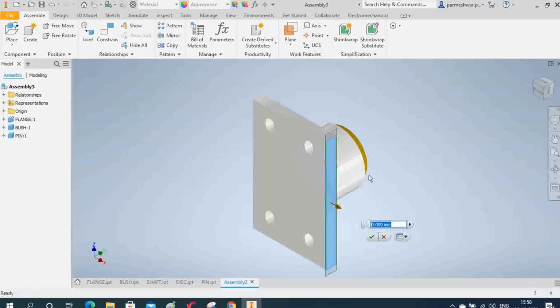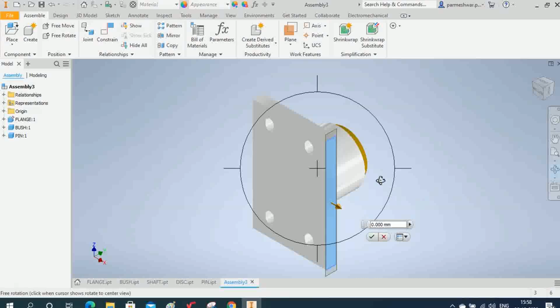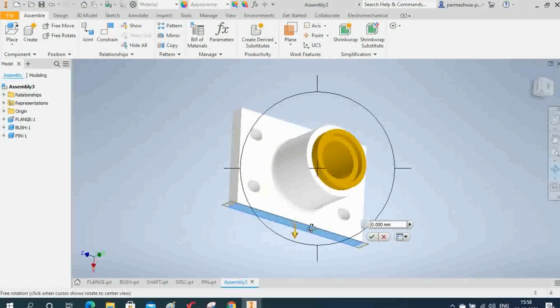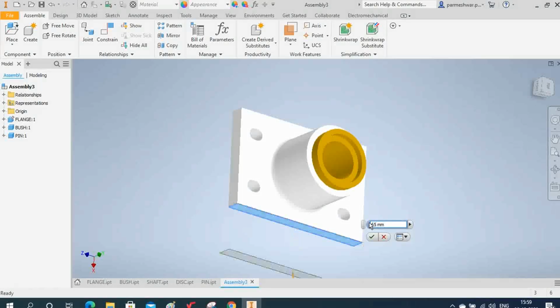Select this plane because I want to offset this plane. Now I want to insert the distance in this direction. So the distance is 65, right? You can see the direction of this offset plane is here, but I want that in the opposite direction. So I will click here and click minus.